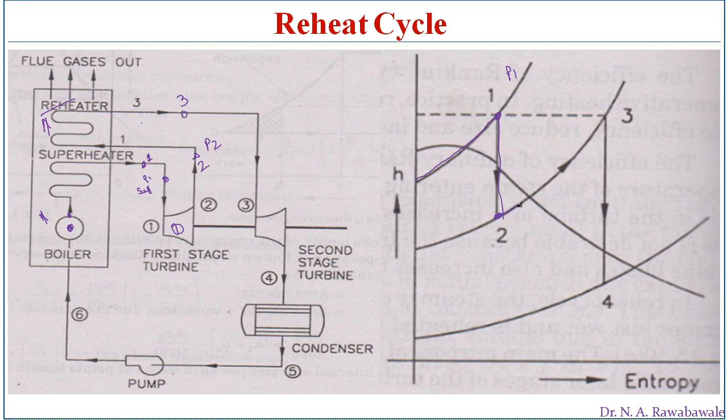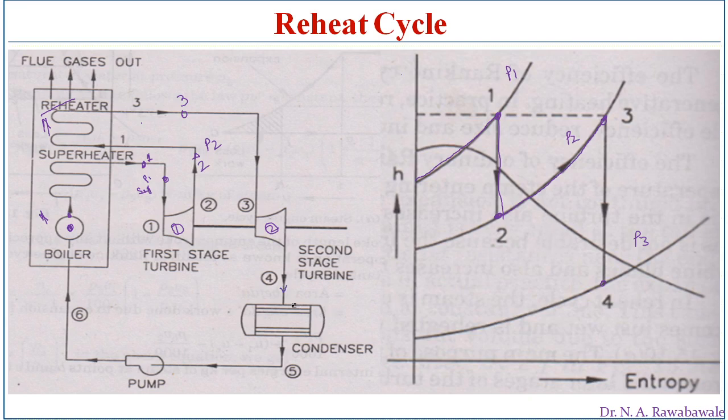So here from point 2 to 3, steam is reheated, and at point 3 again this steam is allowed to pass into second stage turbine 2. In stage 2, steam is expanded again from pressure P2 to pressure P3. Steam is expanded from point 3 to 4 isentropically, and after this, when steam comes out of the second turbine, it is passed into the condenser, that is at point 4.